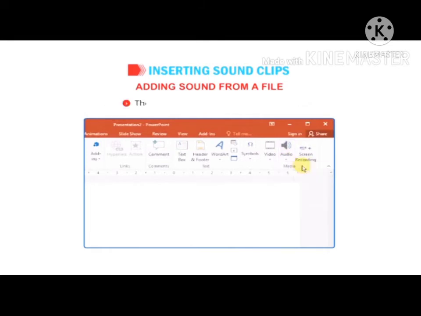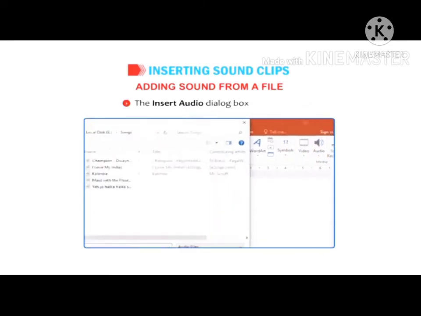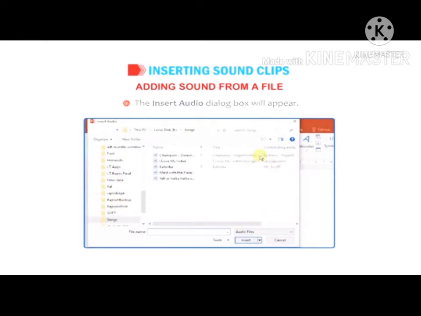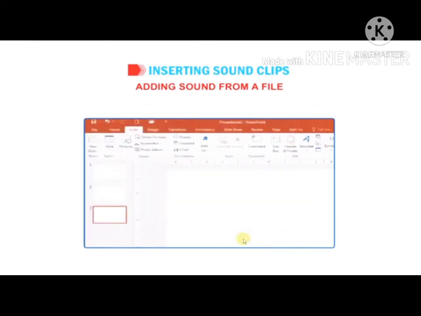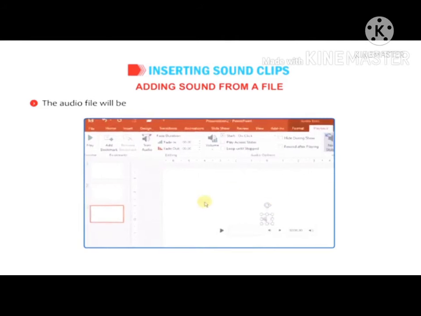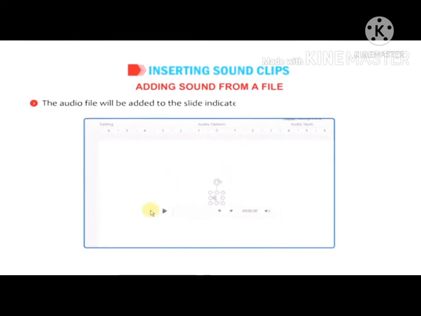The Insert Audio dialog box will appear. Locate the audio folder on your computer and select the required file. Click on the Insert button. The audio file will be added to the slide, indicated by a speaker icon on the slide.